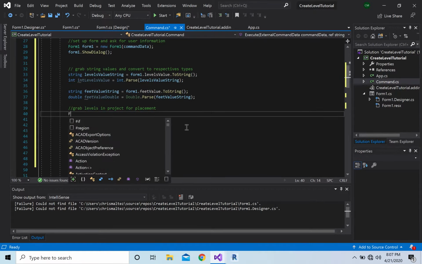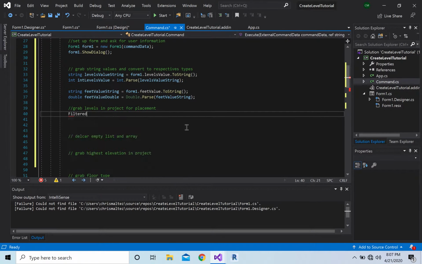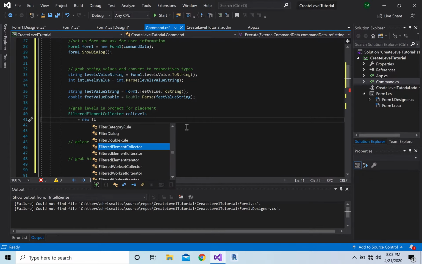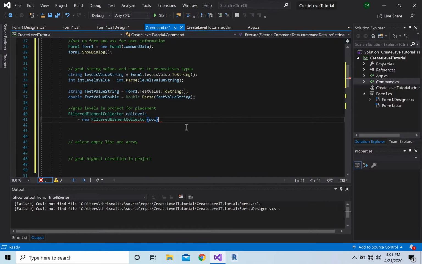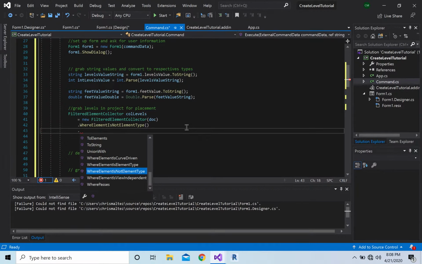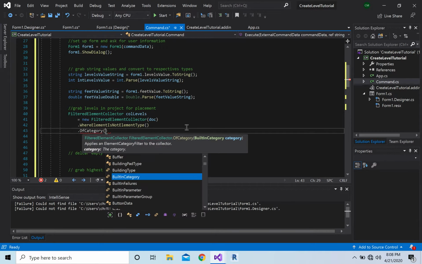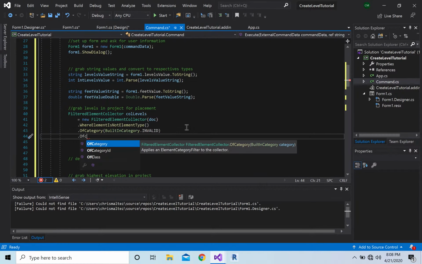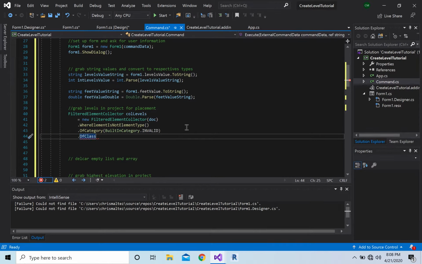So it's going to be FilteredElementCollector, call it levels, equal to new FilteredElementCollector dot where element is not element type dot of category built-in category valid dot of class type of